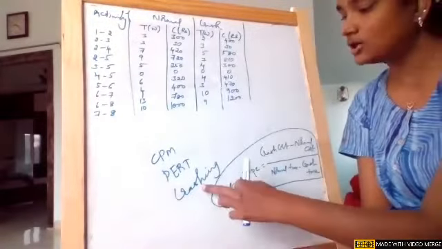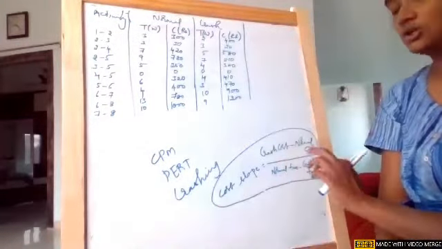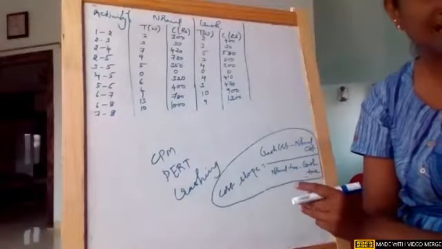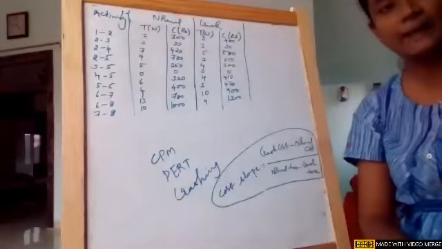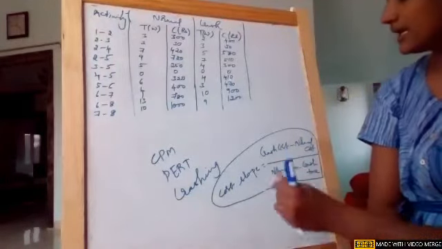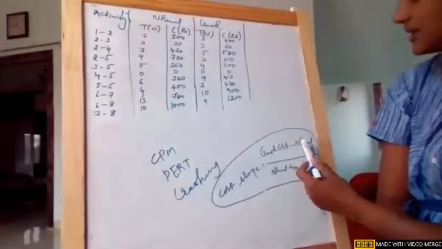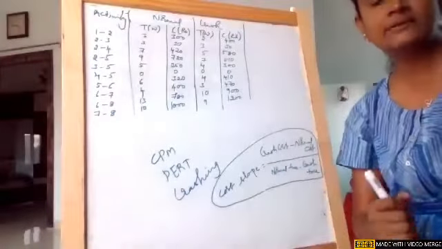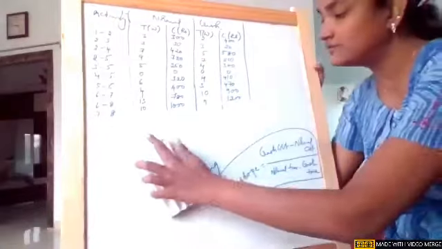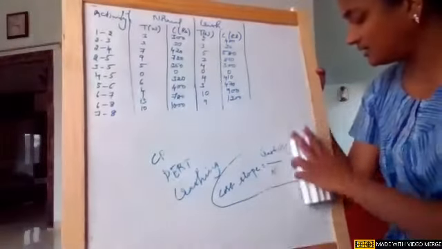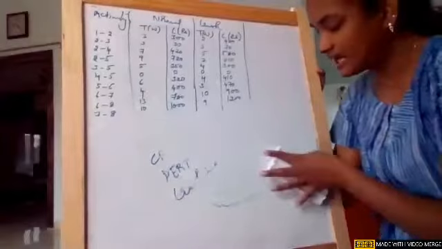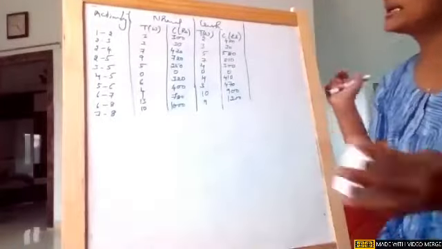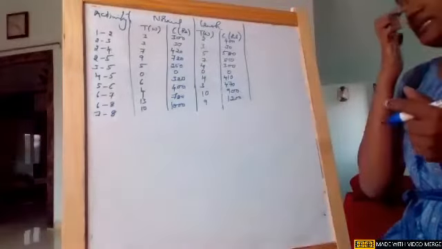For crashing, in order to know which activity to crash, we use cost slope. The formula for cost slope you can see in the notes which I shared. Did I share these notes, girls? I think I shared it 2 weeks back. In that also I gave the formula: cost slope is crash cost minus normal cost divided by normal time minus crash time. Initially we will not use it; when I am applying crashing, we will be using it. First we'll see the network and identify which activity is to be crashed. What this crashing concept is, we will see.